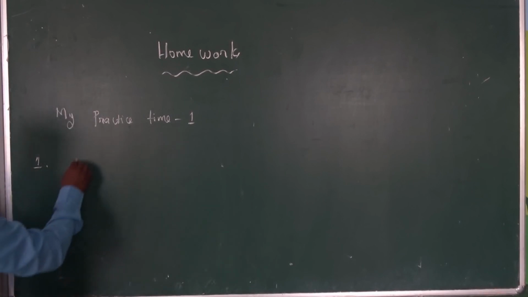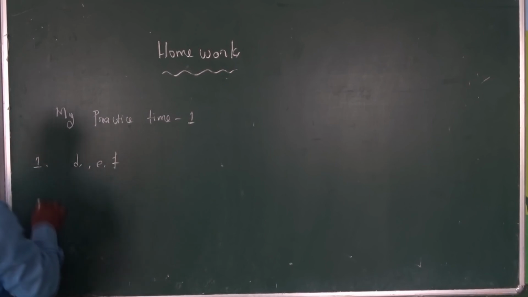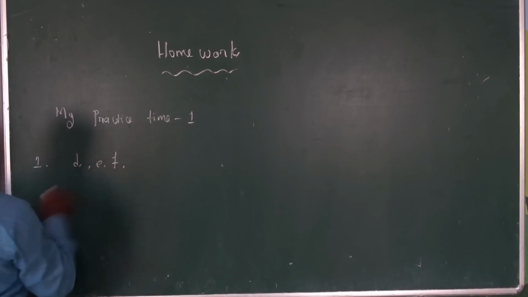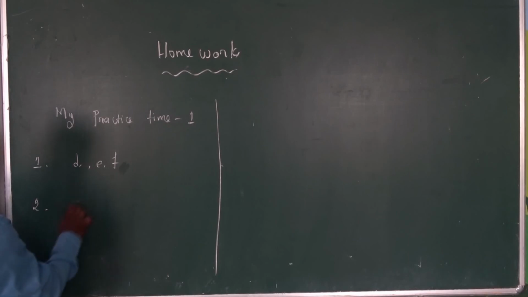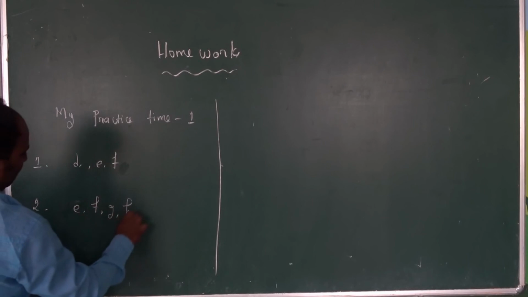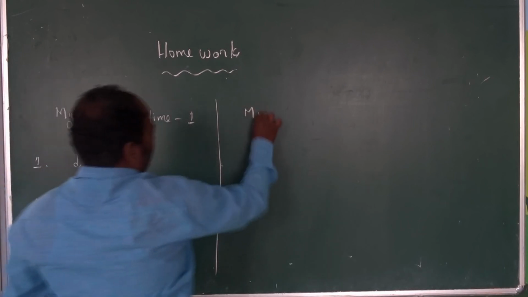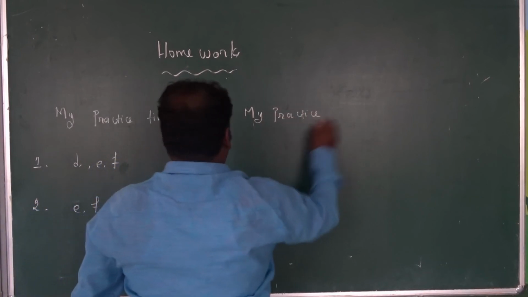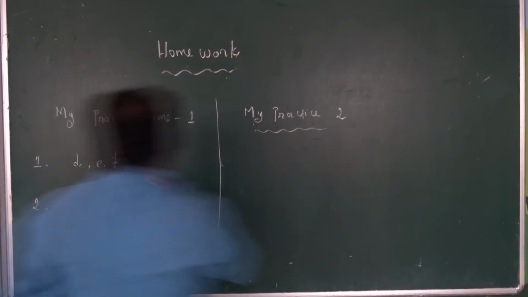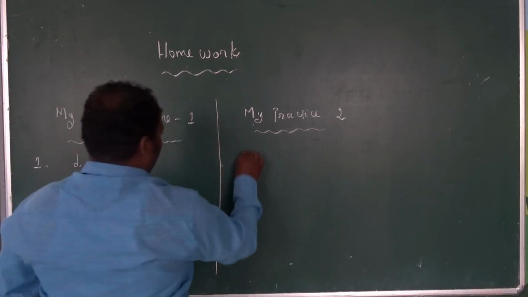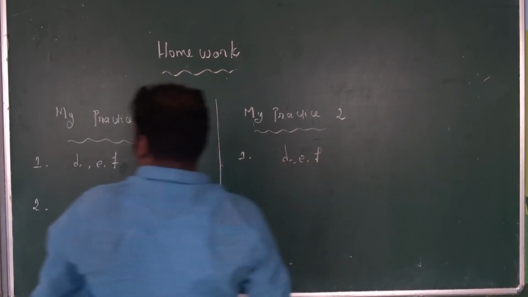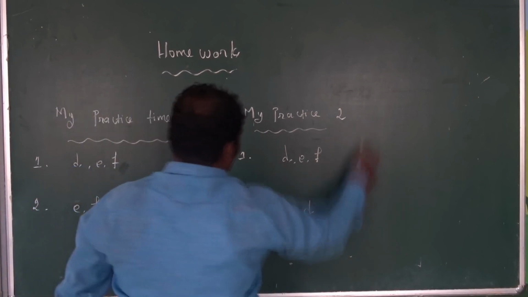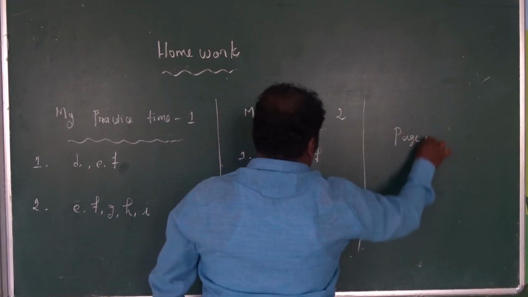In the first Roman, D, E, F. Then the second Roman, E, F, G, H, I. Practice time 2: D, E, F, then C, D. Page number